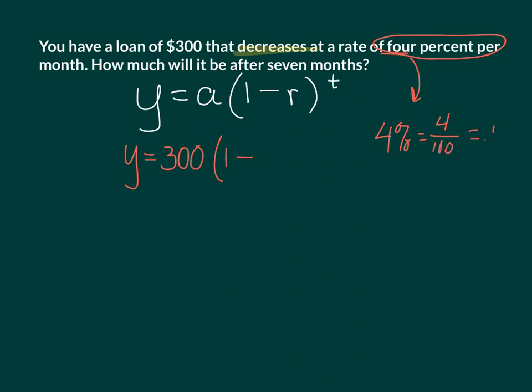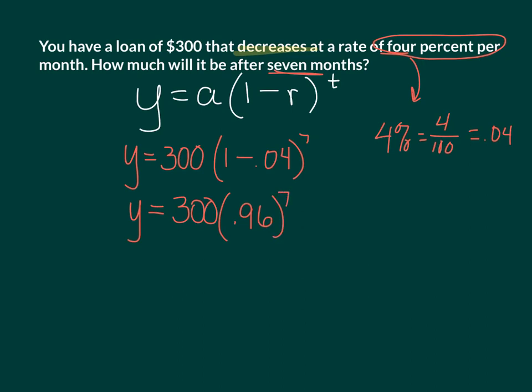That's 0.04 on a calculator. 1 minus that rate of 0.04 times the time. Okay, after 7 months. All right, we put that in our calculator, but here's the thing. I want to make this as simple as possible to put it in our calculator. So we'd simplify it. 300 times 1 minus 0.04. Well, that's 0.96,